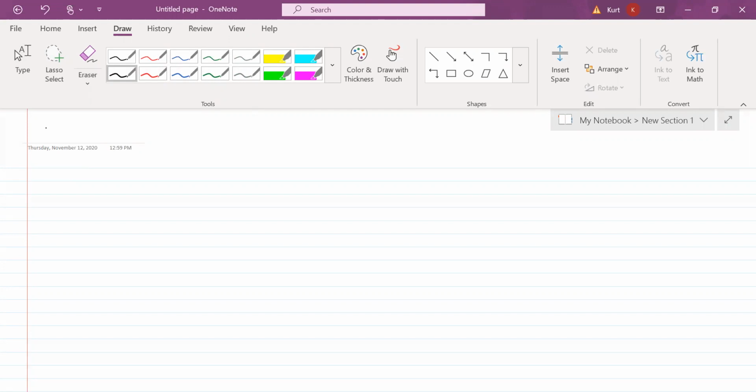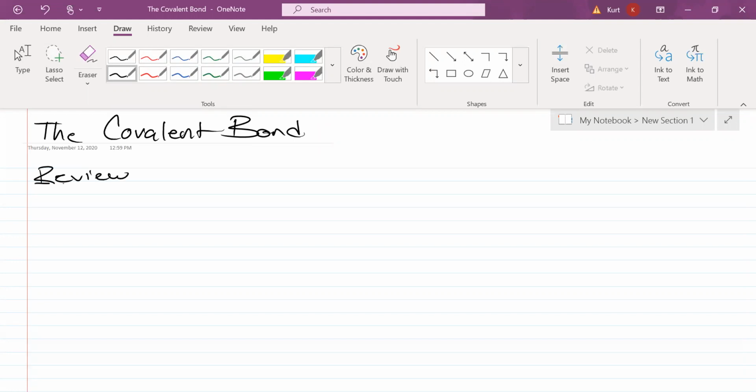So this is going to be the covalent bond. Okay, now let's do a review of what you've been taught so far. We learned about ionic bonds in the last unit. Ionic bonds are a force formed